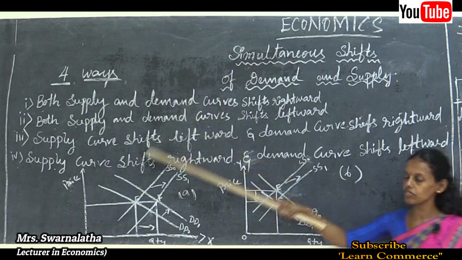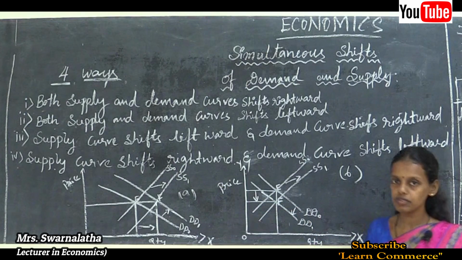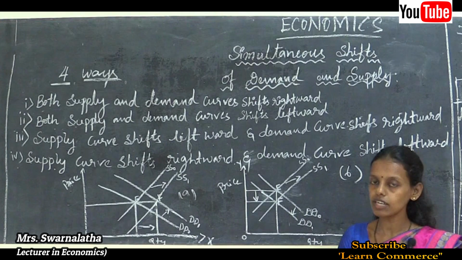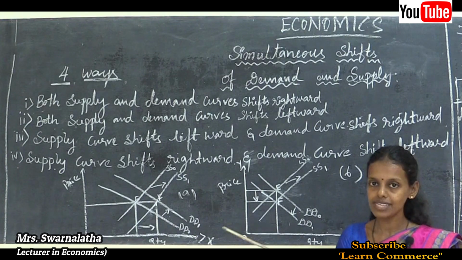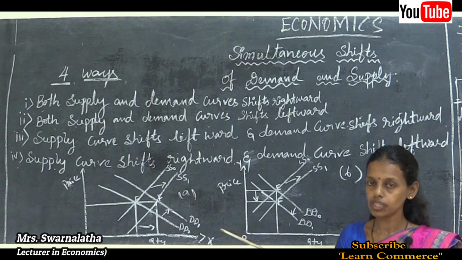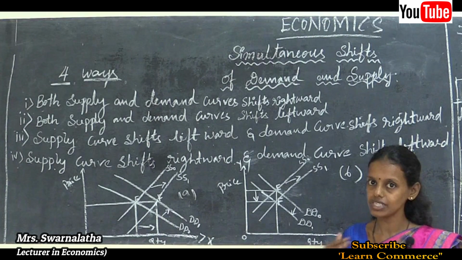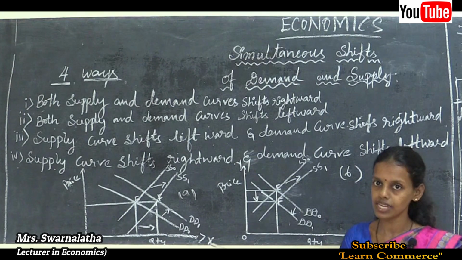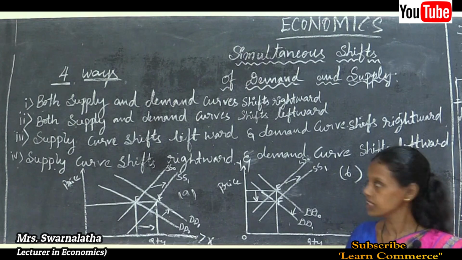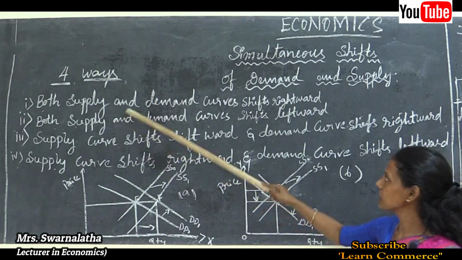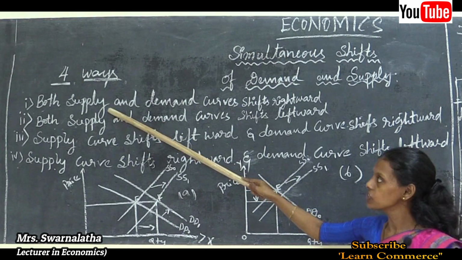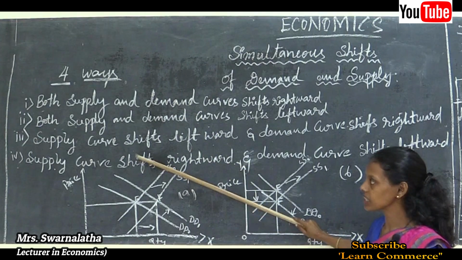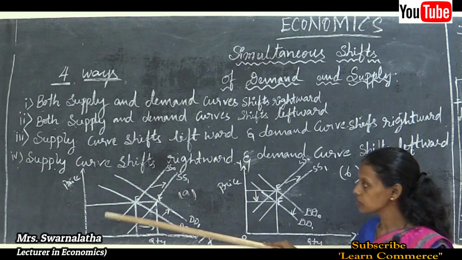Why these four possible ways are there in market equilibrium: in the previous chapter we discussed the market under perfect competition. In a perfectly competitive market, we studied that when the price increases, demand decreases, and when the price decreases, demand increases. Already we discussed this concept under the law of demand, other things remaining constant. Other things means price may increase, decrease or remain unchanged. So suppose any change in the equilibrium leads to a change in supply and a change in demand. These four possible ways we can see through the following figure.